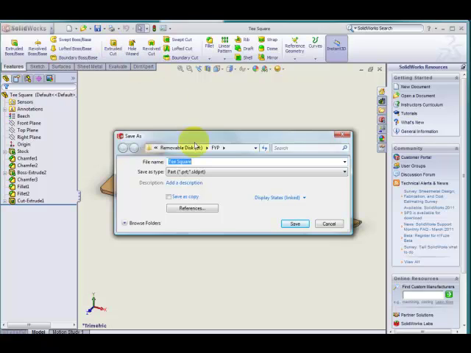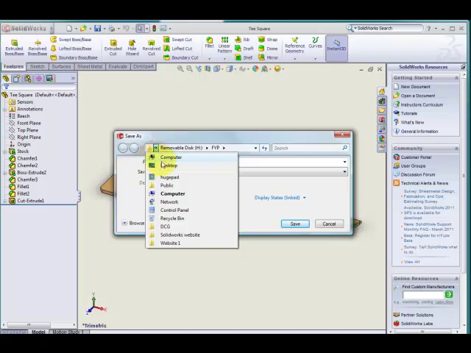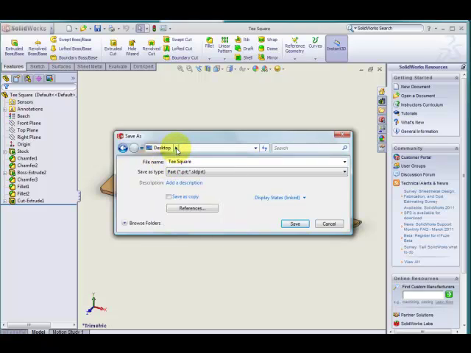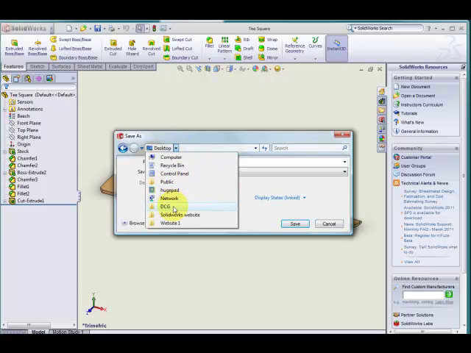So if we click the back button, we can select Desktop. That's where we've created our new folder. So select Desktop and select the drop down menu beside that, and we can see here's our folder DCG. So if we click that once,